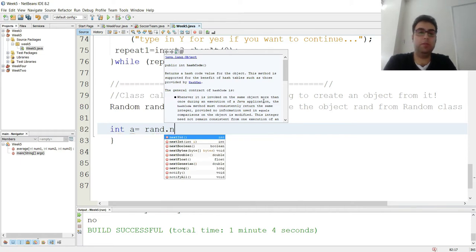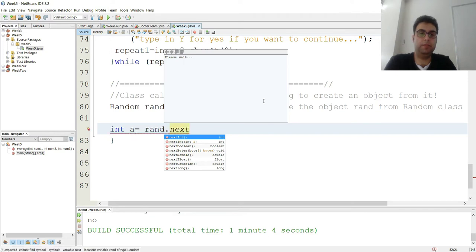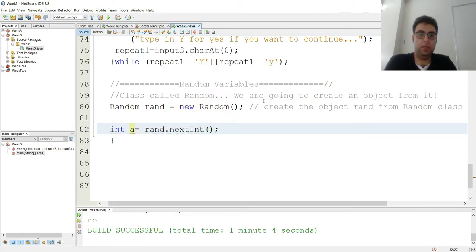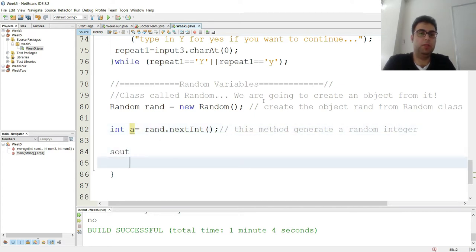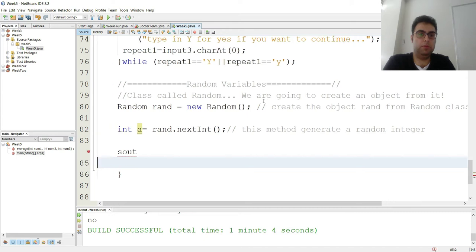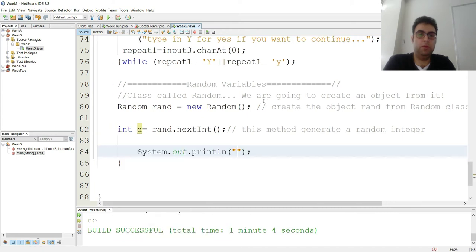I'm gonna start with something called nextInt, and this method generates a random integer. Alright, so let's see what we actually do in here. So let's print it out. Let's say the random integer is